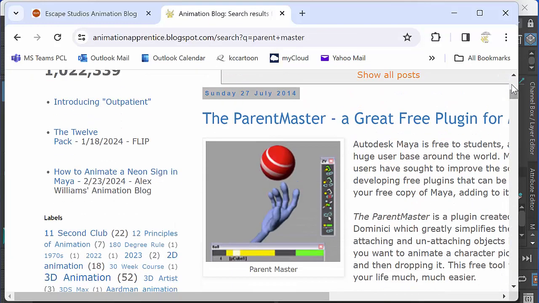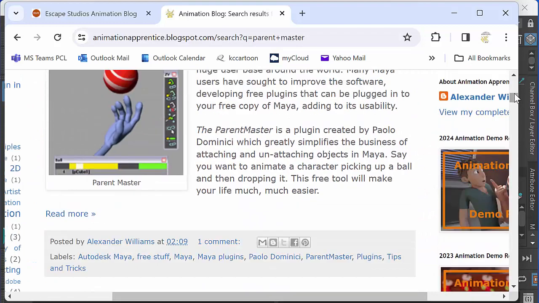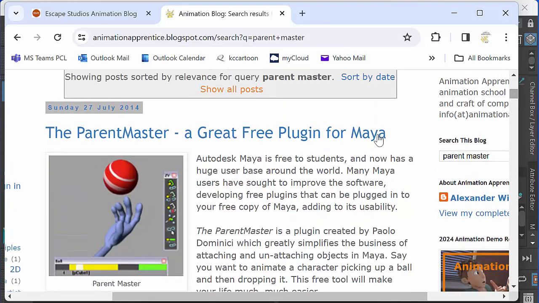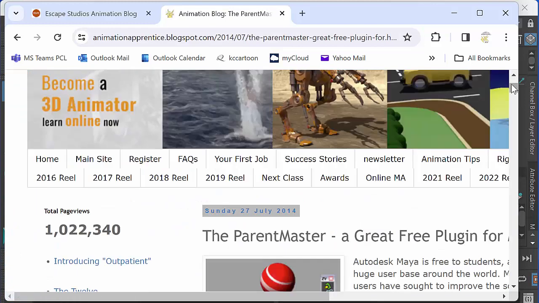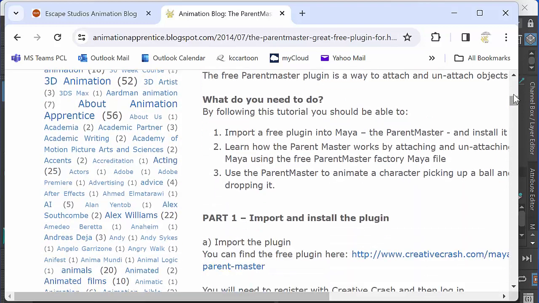So there we go. And that's going to take me down. Great. It did it in 2014, 10 years ago. So this plugin's been really helpful for years. Now, the problem you're going to find is that if you have an older version of the Parent Master, it won't work because since 2023, Python's been updated to PY3. So you need the latest version of the Parent Master, which you need to download from